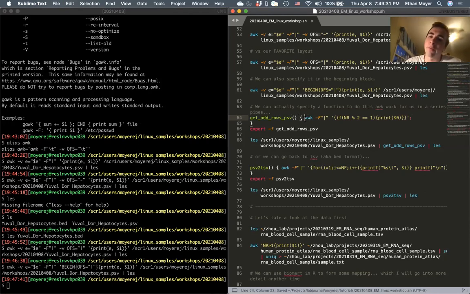So what we're saying is we want it to recognize PSVs, pipe separated value files. And then we're saying if the row number, NR, the current row number it's on, is not divisible by 2, or when you divide it by 2 you get a 1, or basically NR is odd, is what this is saying. For anyone who doesn't know, this is modular arithmetic. You're asking, when we divide the row number by 2, what's its remainder? When its remainder is equal to 1, then